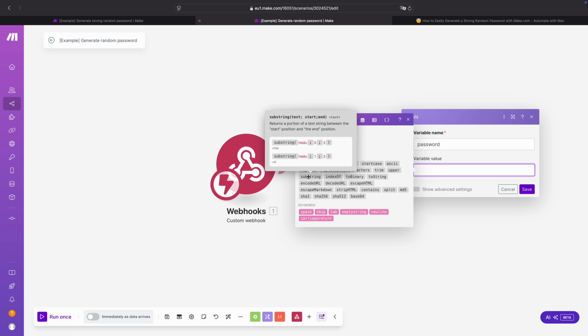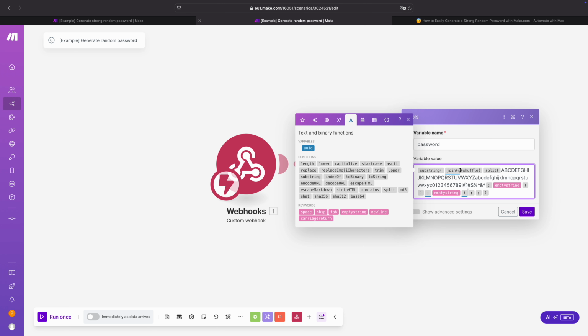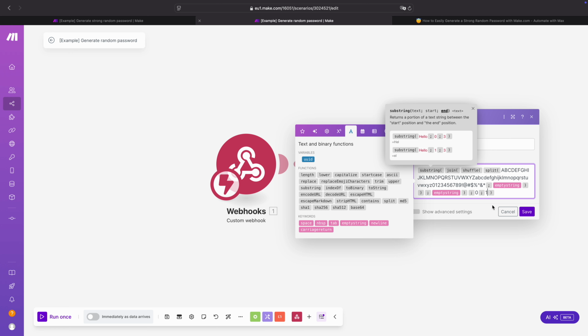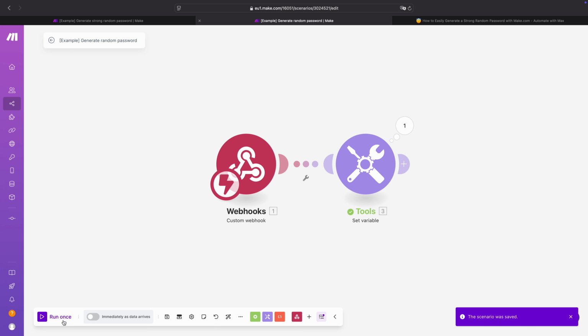And the substring function, you'll see an example over here, allows us to get a certain portion of a text. Maybe you see where we're going with this. So here we now paste our complete function from before, and then after the semicolon, we say 0, which basically means we want to have the very first character. And then it depends a bit on how long you want your password to be. If you want a password that is 12 characters long, just say here 12. So what that does now is it will get the very first character till the 12th character,